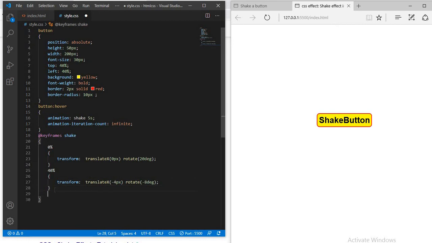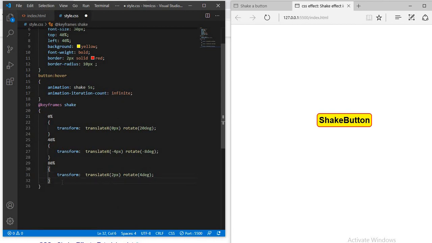And for 80%, translate x is 2 pixel and rotate to 4 degree. And for 100%, translate x is 0 pixel and rotate is 20 degree. So we can see the shake effect on a button.